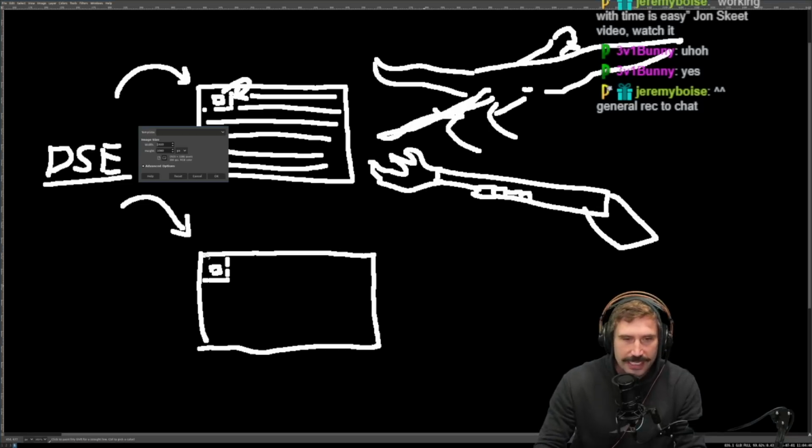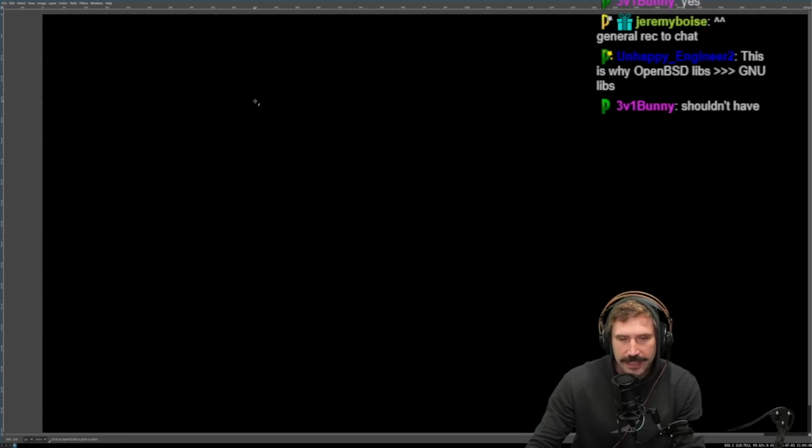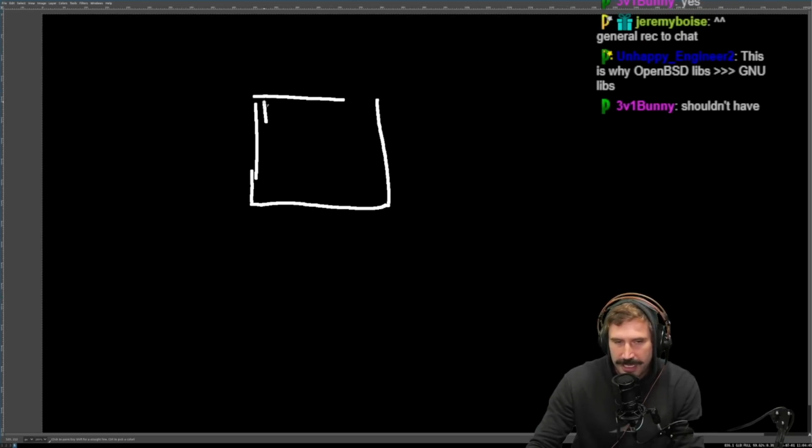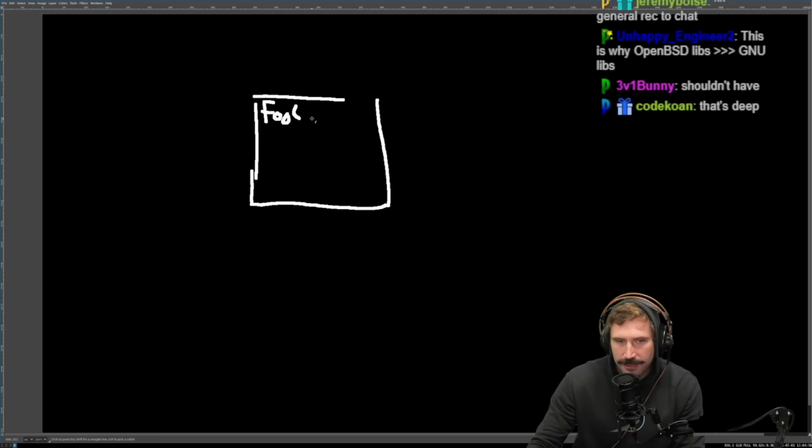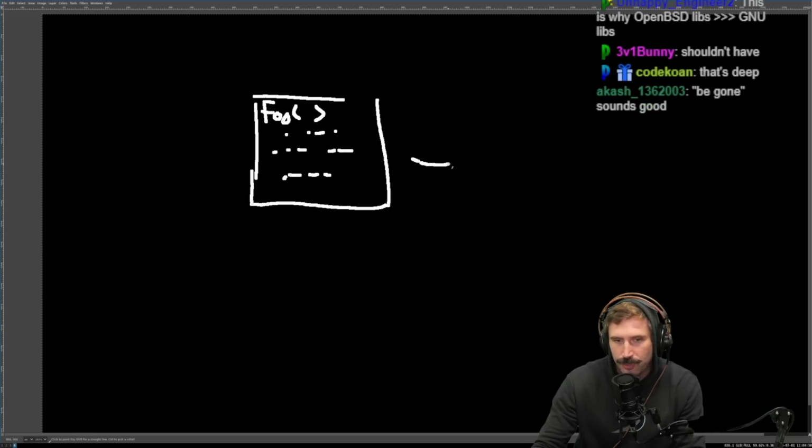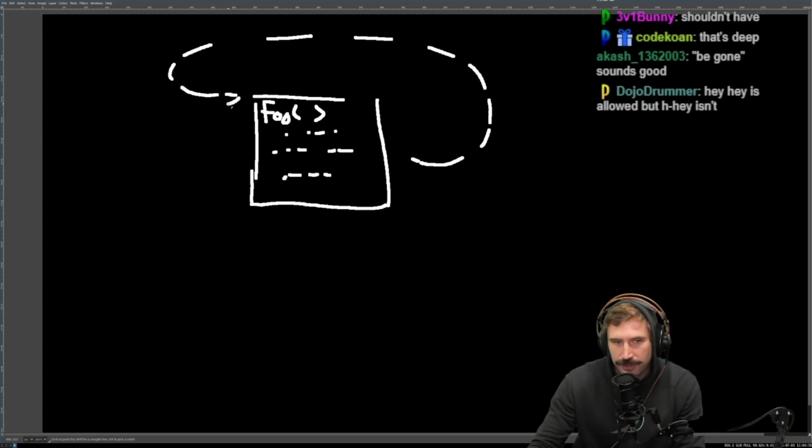For those that don't know what reentrancy is, it means that your function effectively can be called while executing, right? So you can imagine you have foo, and foo has a bunch of code that has things being called, and somewhere within foo it calls foo. And so recursion is reentrant effectively.